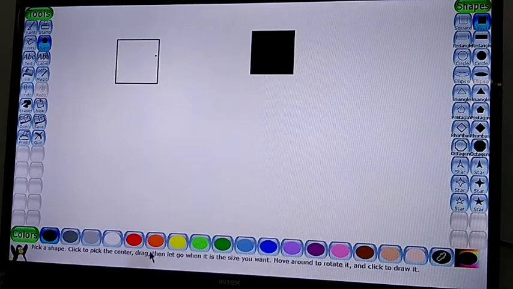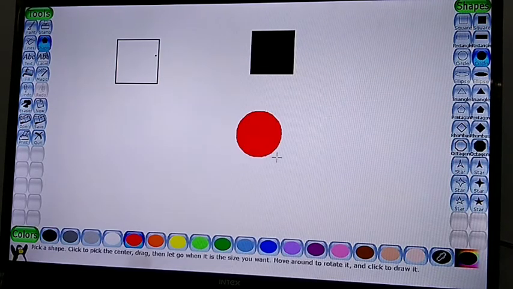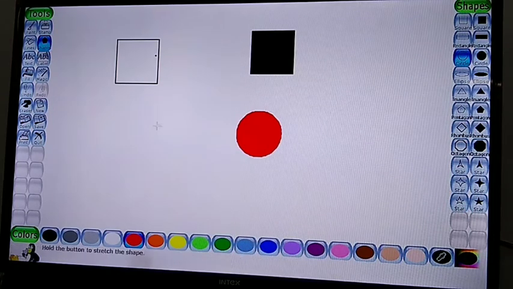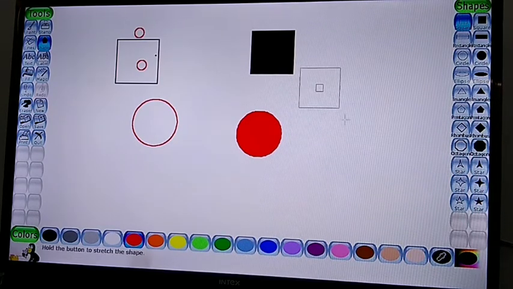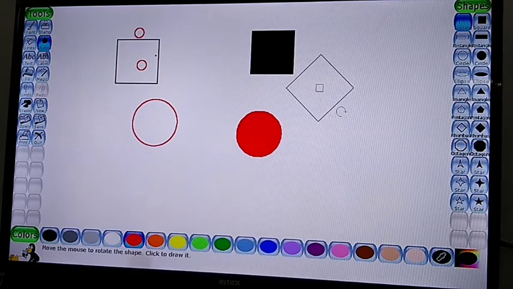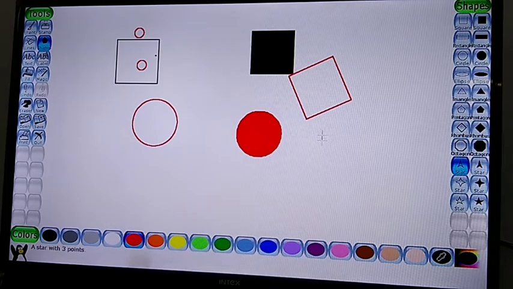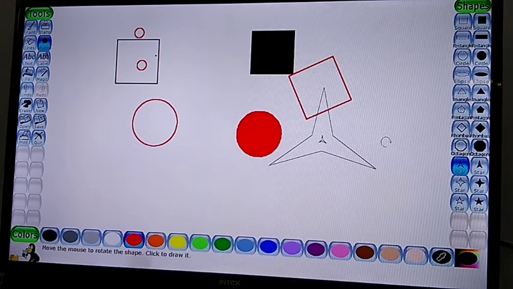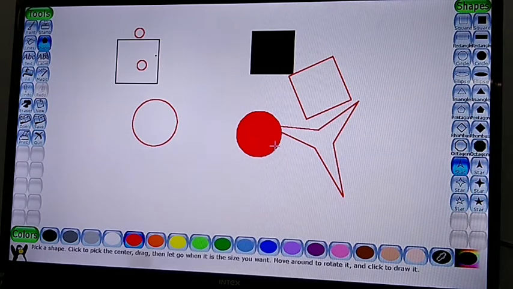It will come like this. You can choose any color also, like this color I will choose and I will draw. So this color shape will come. This is a filled one and this is an unfilled shape. So like this you can draw the shape and you can rotate your shapes also. Suppose you have drawn a shape, like this you can rotate your shape in any direction. Suppose I am drawing this shape, and you can rotate in any direction as you want, like this. So like that you can draw the shapes in Tux Paint.